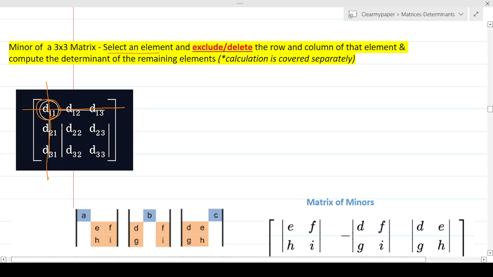So whatever is remaining, if you see, I put a determinant mark here. I'm going to find the determinant of the remaining elements, which we'll talk about later. That will give us a number, and that number is equal to the minor of the very element that you excluded to start with, which is the minor of D11.